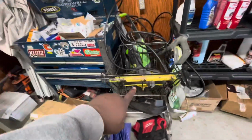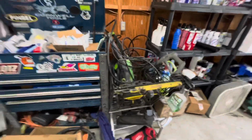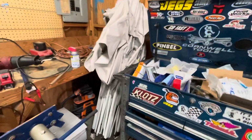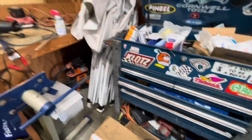As we come along, we've got a shopping cart that came with the garage from Dollar General. No, I did not steal it. Okay, I didn't steal it. But that's got my old pressure washer in it that I still use, and the old trusty toolbox. The toolbox has a bunch of parts and hardware and stuff like